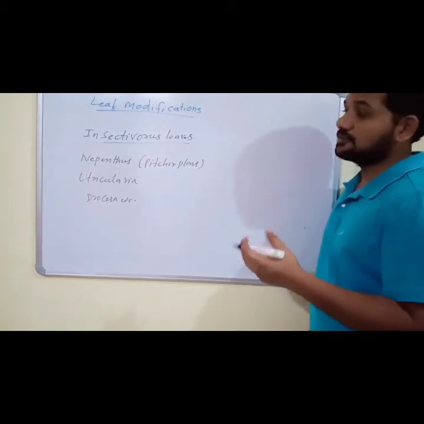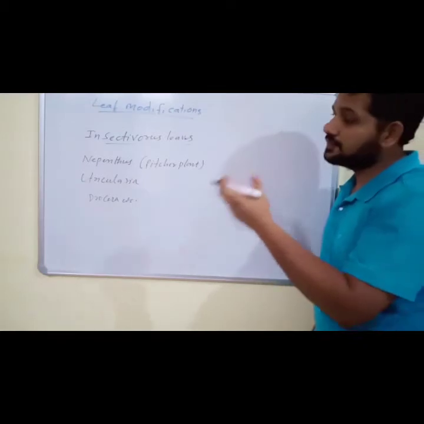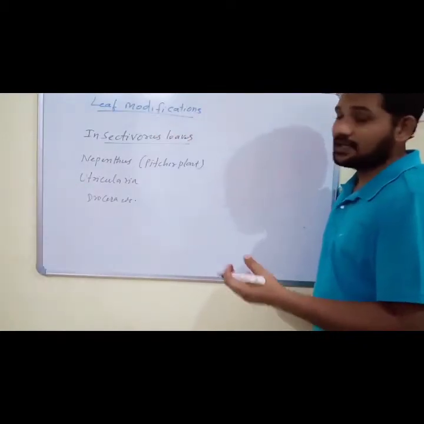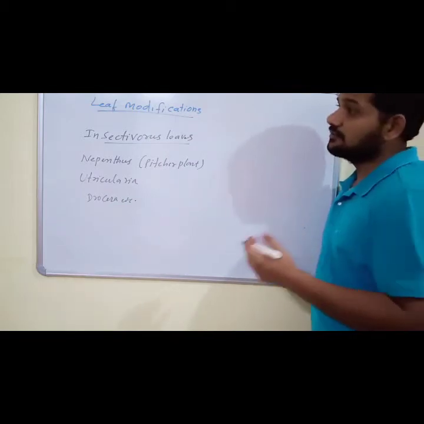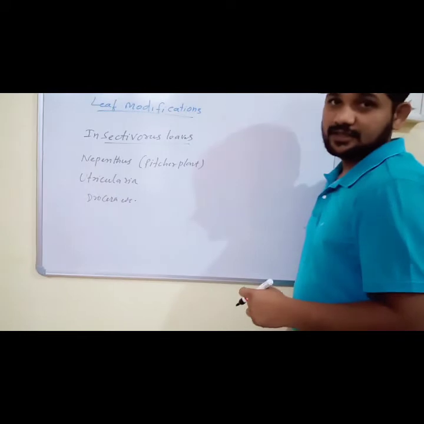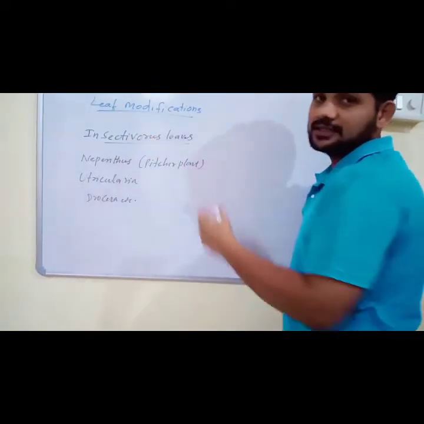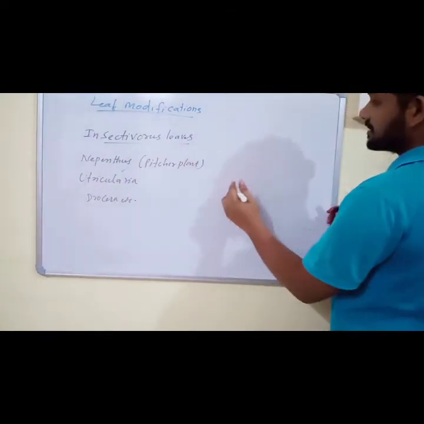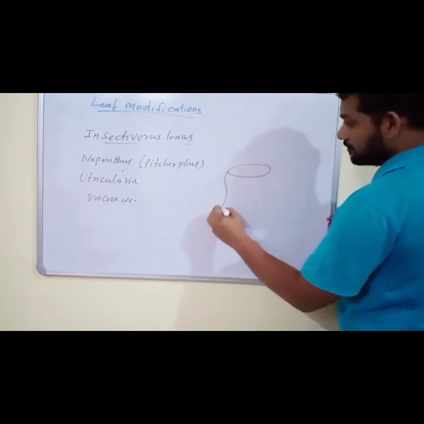These plants are usually unable to absorb useful forms of nitrogen, and in such conditions the leaves of these plants trap insects, and they digest and assimilate the nitrogen from insect proteins. They trap the insects, hence they are called insectivorous or trap leaves. For example, in Nepenthes, the leaf is modified into